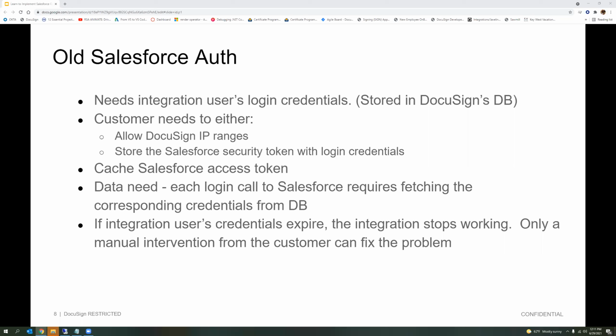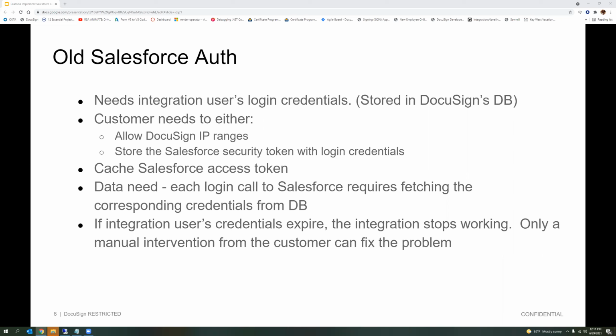In addition, if the integration user's password is changed on a regular cadence, and many companies these days require passwords to be no more than 3 months old, the document and data write back will just stop working. And they will not start working again till the password is updated, which is a nightmare. So basically what we end up doing is having out-of-band conversations. We call up a customer and say, hey, your password has expired, please update it. Or the customers call us and say, our integration seems to have stopped working. What went wrong? And we say, oh, wait a minute, did you change your password?